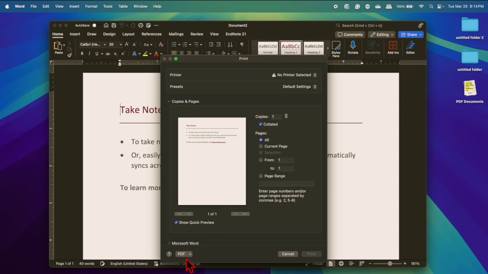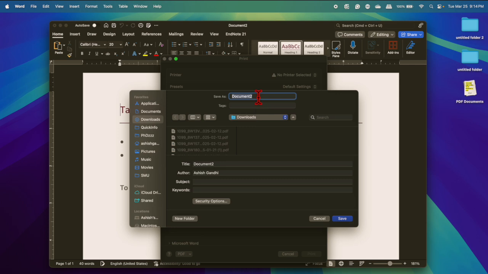Now here, if you go to the bottom, you can see an option PDF. If you click on this arrow, it shows open in preview, save as a PDF. So many different options. So just select save as a PDF. Third window will pop up. Here you can give the document name, say AB, and you can also define the directory where you want to